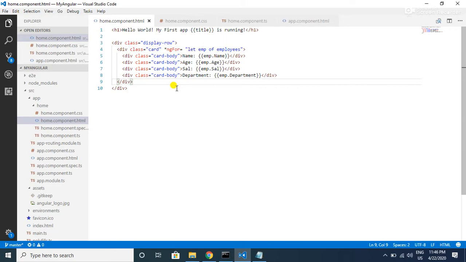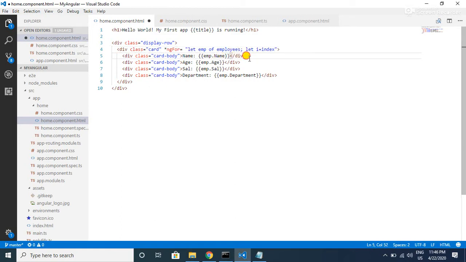The ngFor structural directive also has an index property called index. This is the zero-based index for each iteration that we are looping through. So to access that index, we have to use a semicolon, and just like the employee emp, we need to create the index variable called i, or anything, equal to index, where index is the keyword.